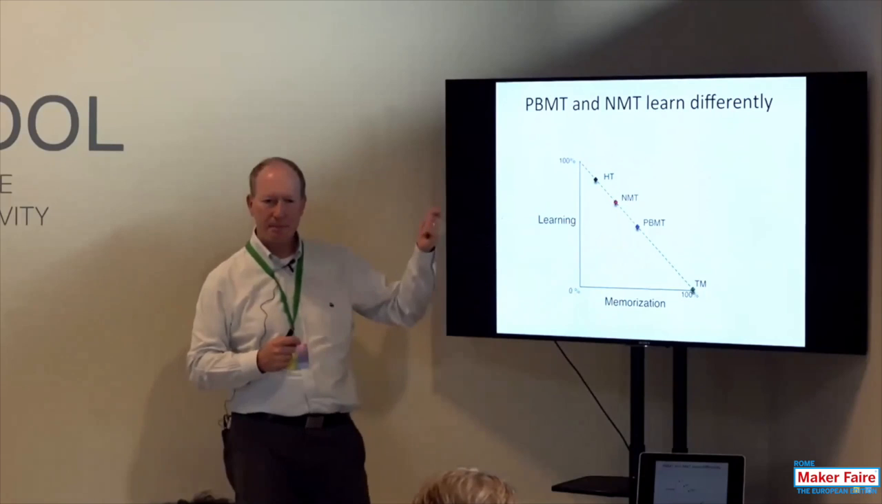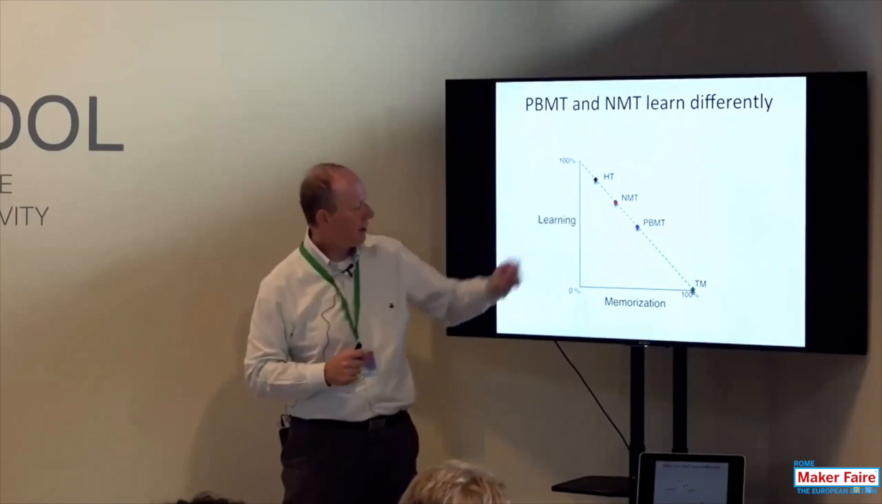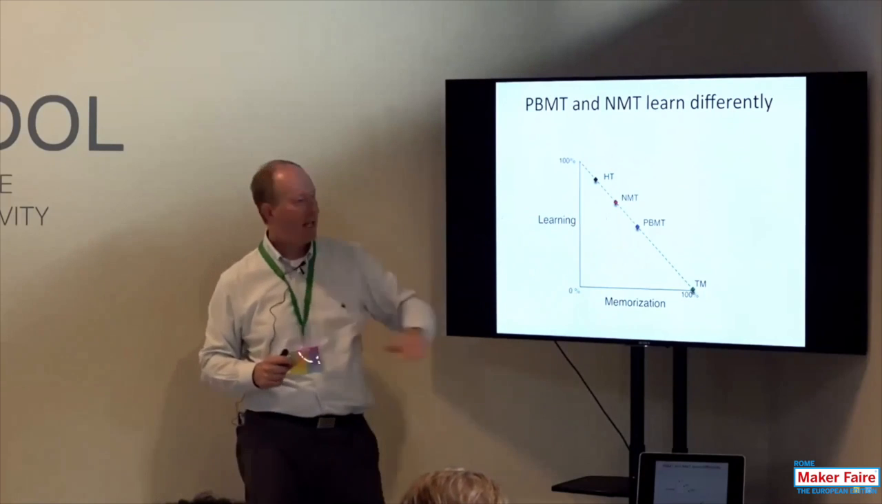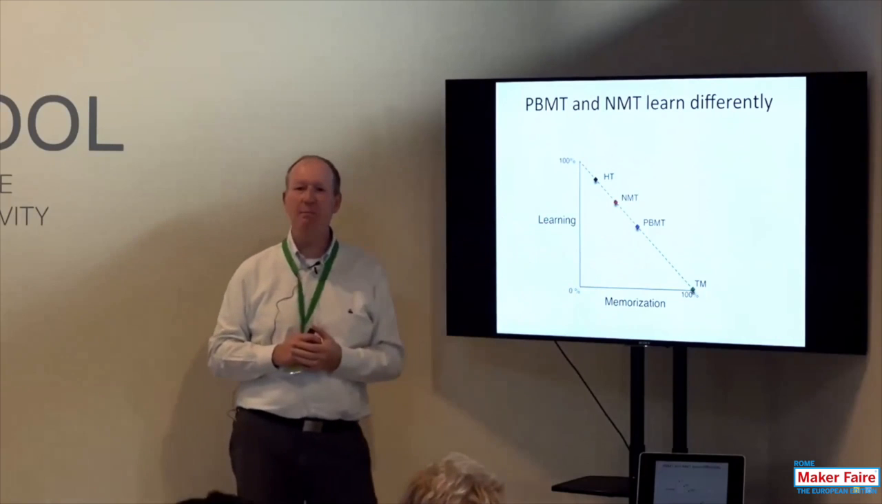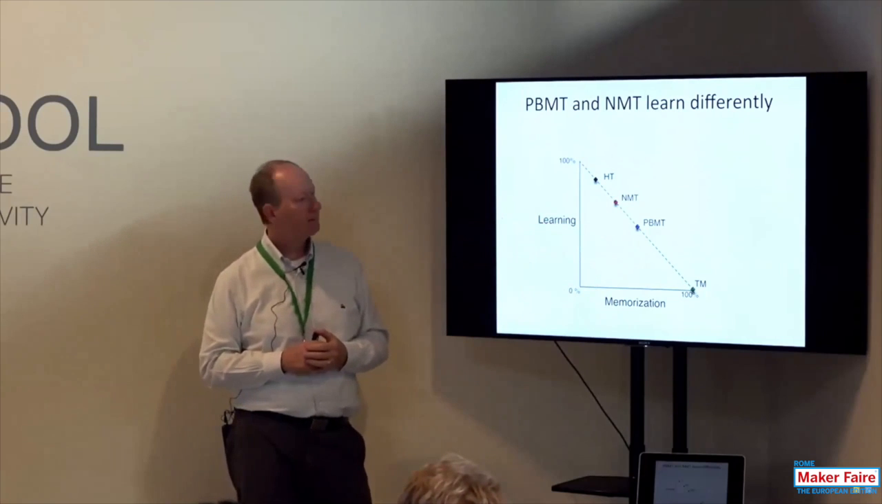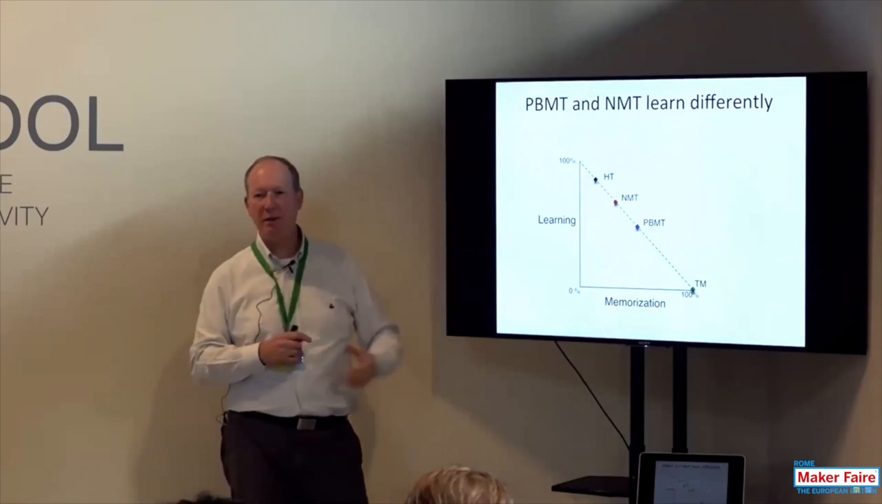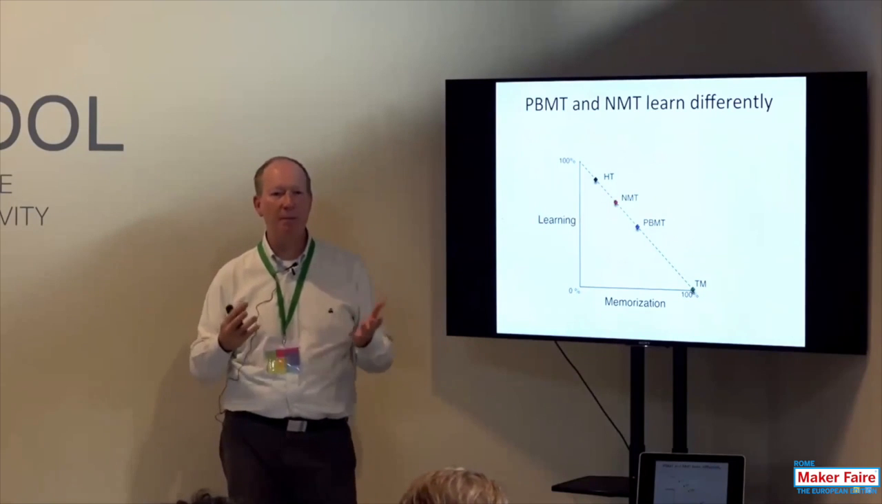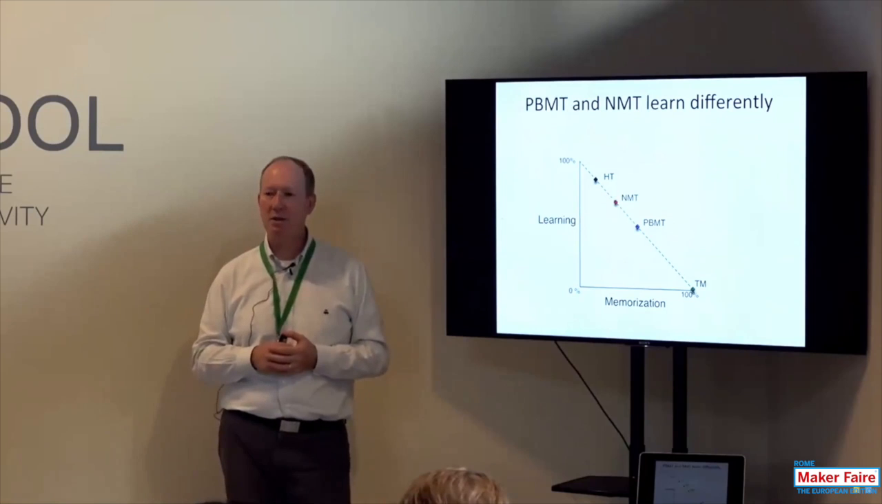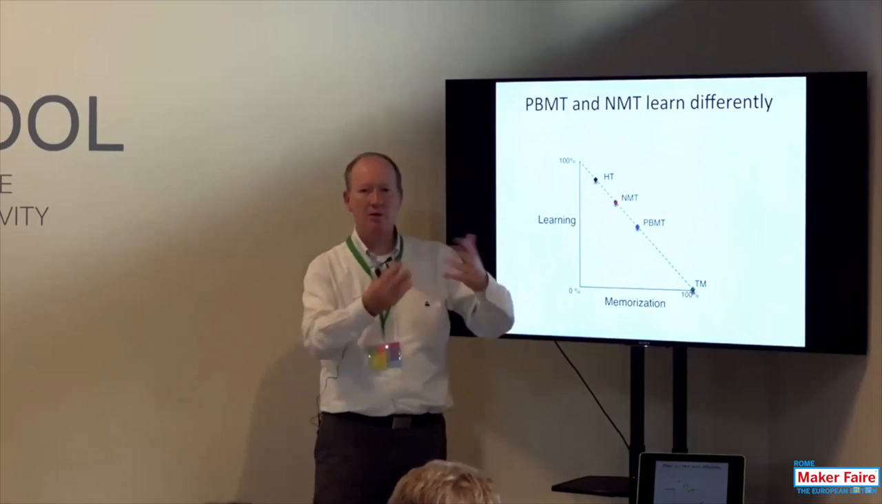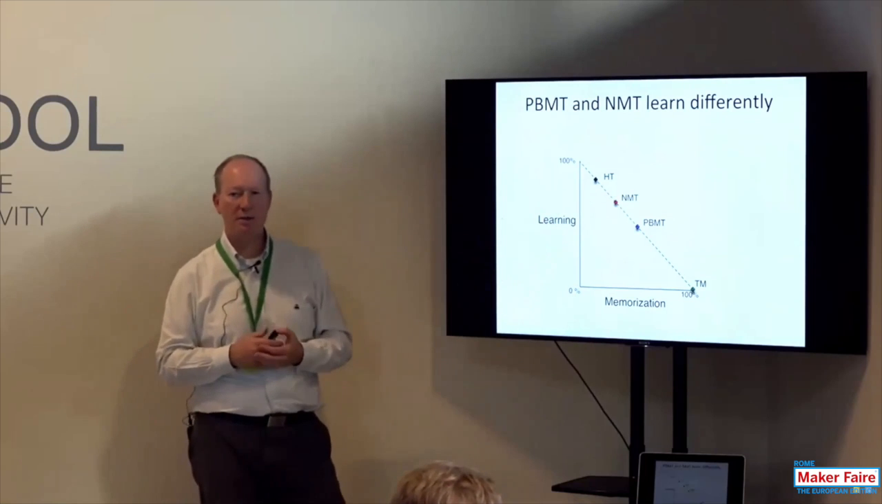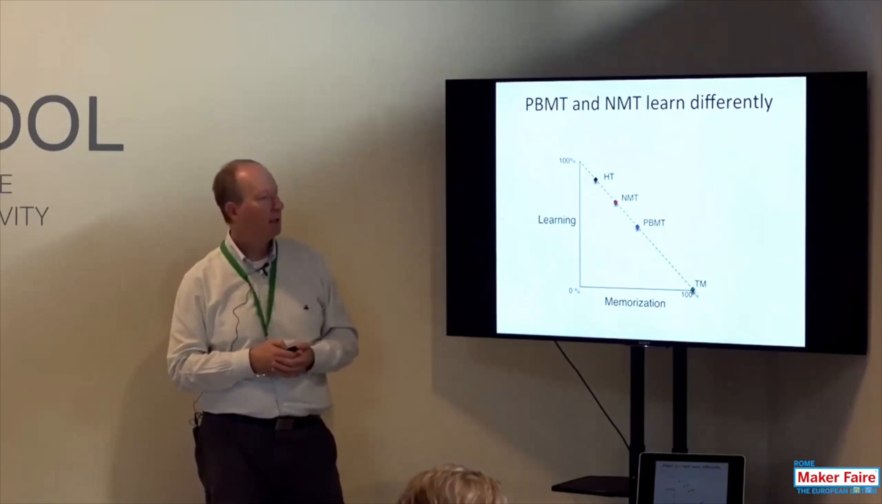Neural MT is a step further in learning, and it's a bit behind in memorization, okay? Human translation is even further. So we are bad at memorizing all the translations, but we are good at generating new translations, okay? Now,